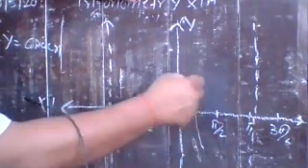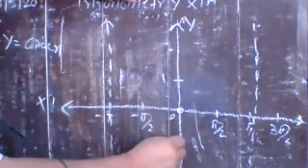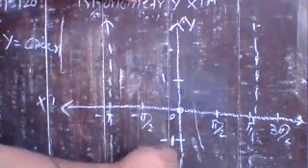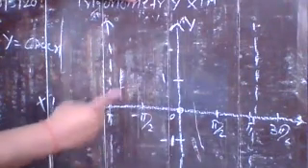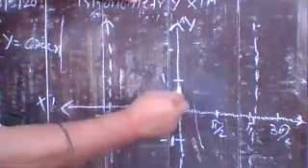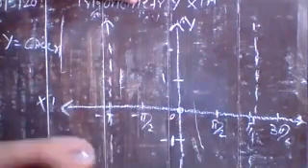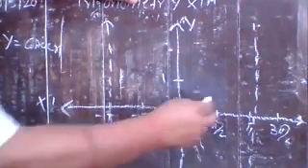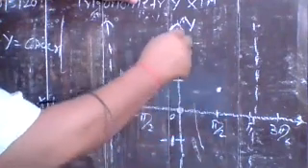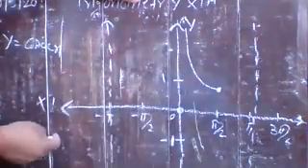So on the y-axis, you mark a point as 1, and in the negative direction, you take a point -1. Here you take points 1 and -1. Okay, just see it. At 0, the value is not defined. And at pi by 2, its value is 1. So you start from this point at pi by 2, that is 1, and it becomes infinite. So you can draw the curve like that.